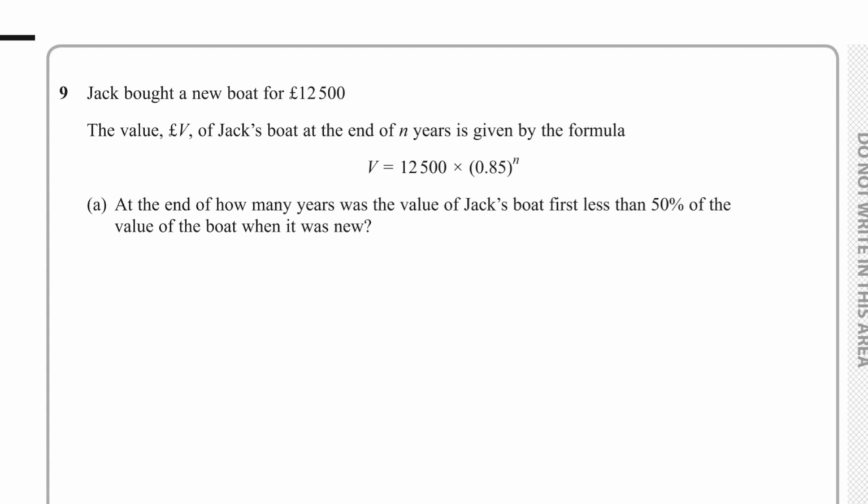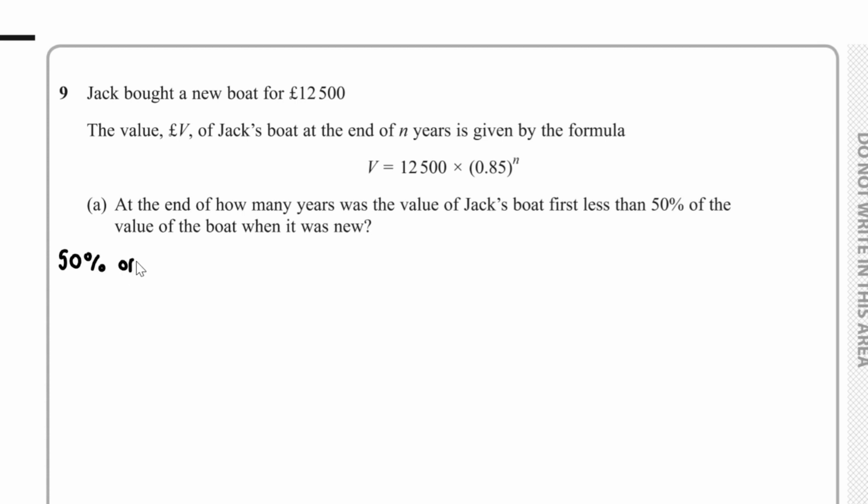Question number 9. Jack bought a new boat for £12,500. The value V pounds of Jack's boat at the end of n years is given by the formula V equals 12,500 times 0.85 to the power of n. At the end of how many years was the value of Jack's boat first less than 50% of the value of the boat when it was new? Well, if we find out 50% of the 12,500,